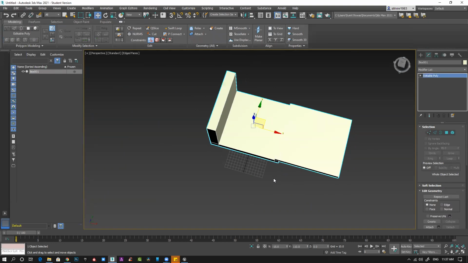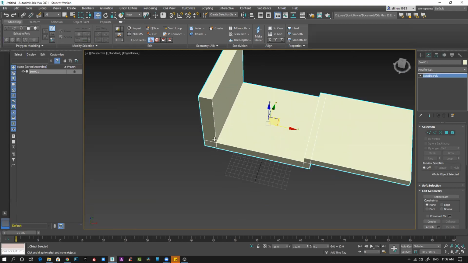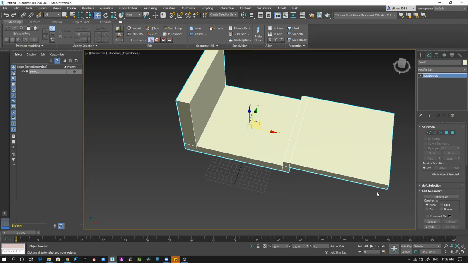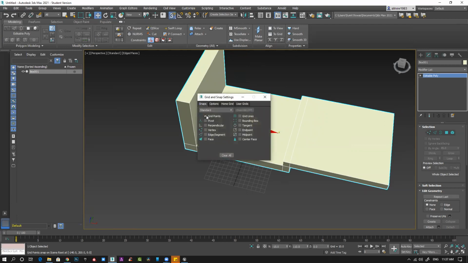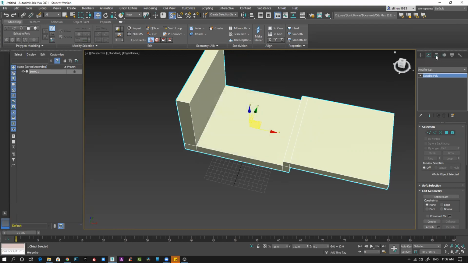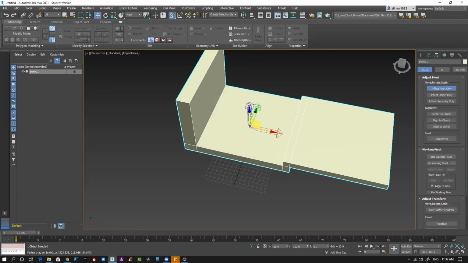What you have to do whenever you create any model for Unreal Engine is keep in mind that wherever it's starting or ending, it should snap to your grid center 0, 0. So click on your object, use vertex snap, go to pivot, select the pivot point and snap to any one of the points, either this one or this one.